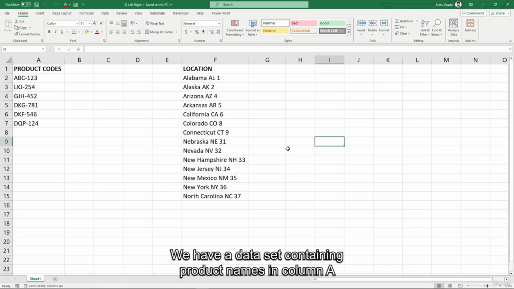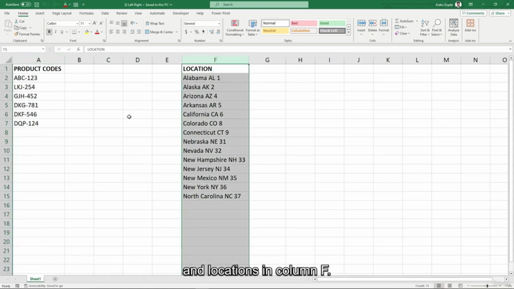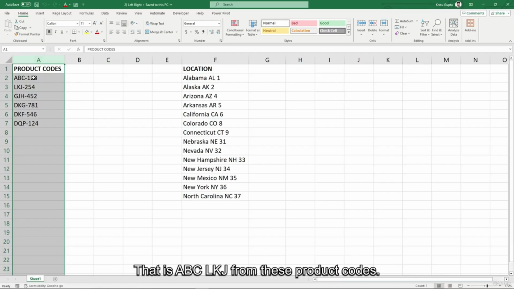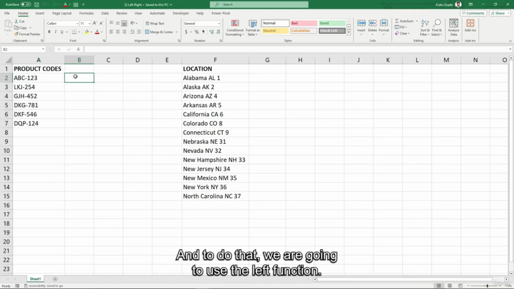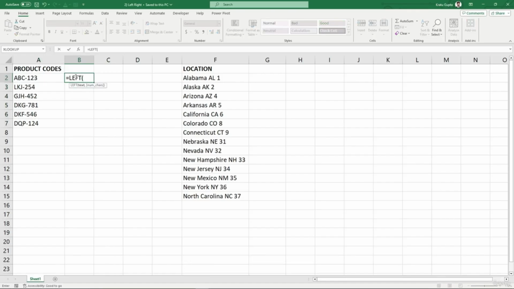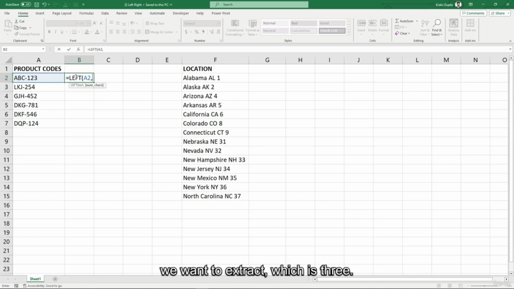We have a dataset containing product names in column A and locations in column F. So first look at the product codes displayed in column A. We are going to extract the first three characters from the text, that is ABC, LKJ, from these product codes. And to do that, we are going to use the LEFT function. So the first argument is the text, and for this we will refer the cell A2, then the number of characters we want to extract, which is 3. Enter,